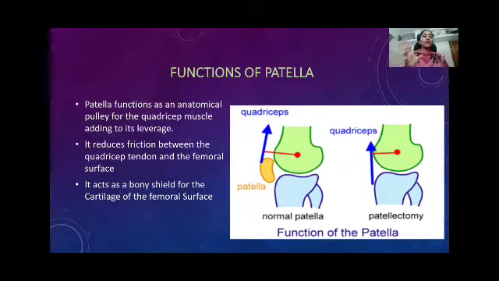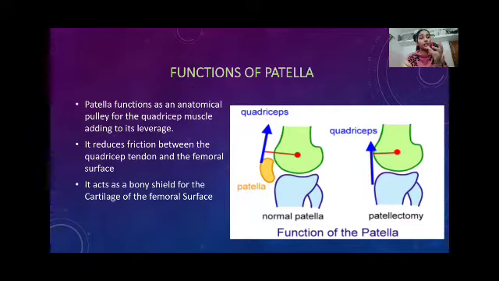So what is the importance of this leverage? Why is it required? It contributes to the stability and efficiency of the quadriceps. When the patella is present anteriorly, there is a moment arm from the femoral surface to the patella, and this moment arm increases if the patella is present. For a particular amount of torque, which is equal to force times moment arm, when the moment arm is increased, the torque can be achieved with a lesser amount of force.